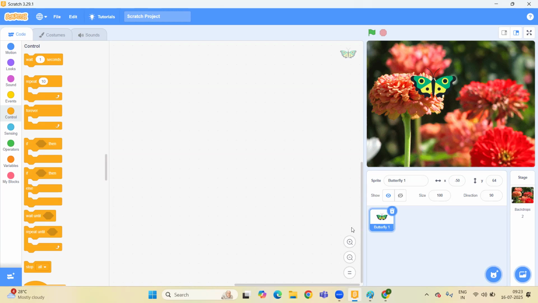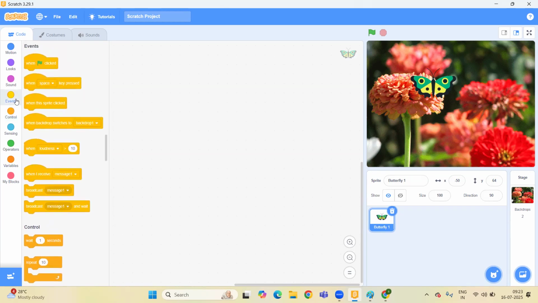Before that, we need to create an event so that we can easily run our code. So here's the event. We can use any one. Like if I want to use when flag clicked, or I want my program to run when I click the space button from the keyboard. So we can pick this event as well.